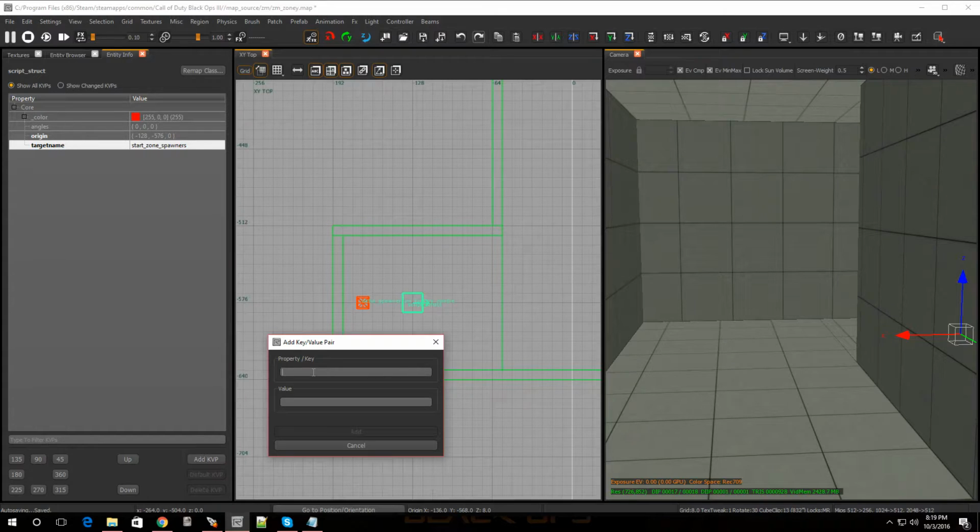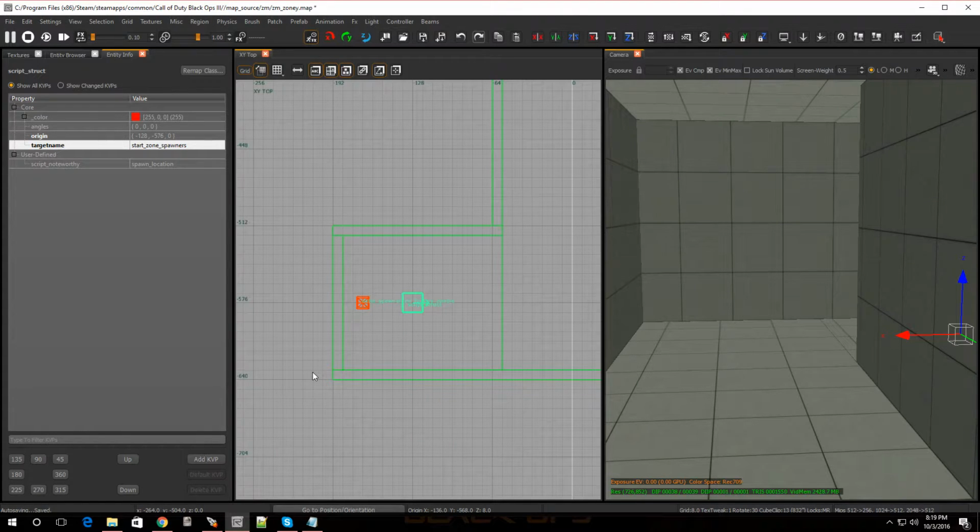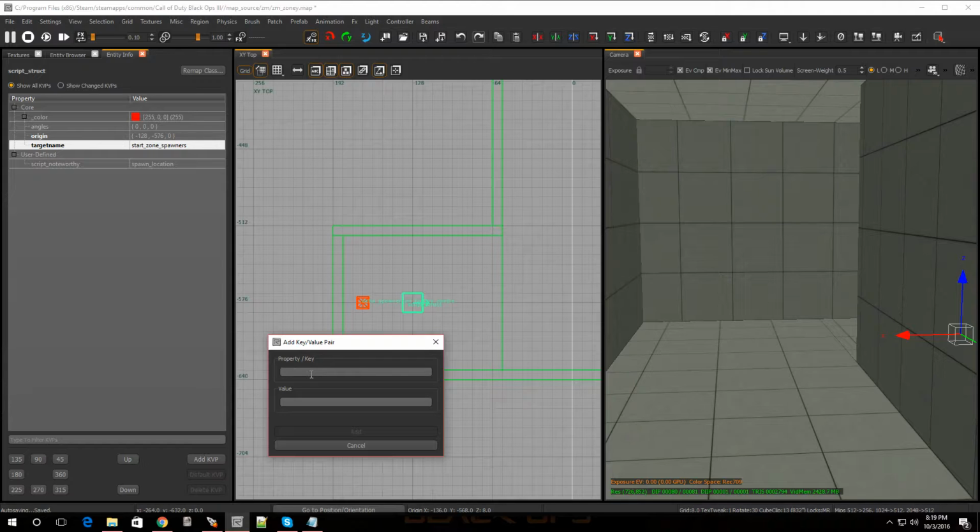So the next one we're going to put in as a KVP is going to be script underscore noteworthy. And we're going to put in spawn underscore location. Press enter. And then we're also going to give it one last KVP. And we're going to give it script underscore string. And then we're going to call it start underscore zone